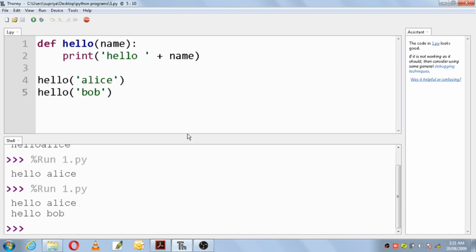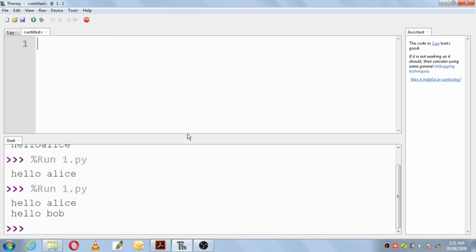Okay, so we can try one more program. Control N. I'll write a function for adding two numbers, and we'll pass the values during the function call. So make use of the keyword def. The function name should be apt for the task that I'm doing, so I'll use the function name add, and I require two parameters here, as we'll be passing two values from the function call. So a comma b.